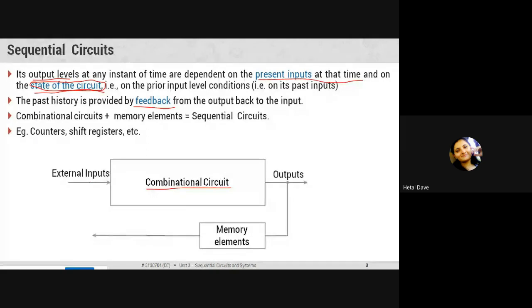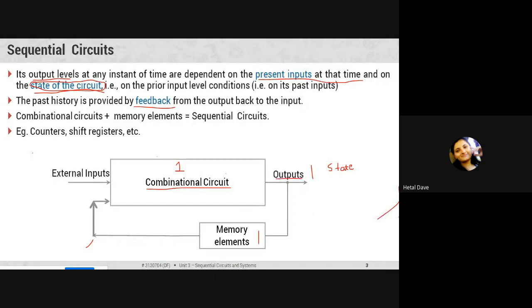Right now, let's say this is the combinational circuit. Either the output is 1 or 0. So the output is 1. This is called the state of the circuit. What is the state right now? It is 1. So 1 will be stored in the memory element and it will be given again to the input. So now the next output